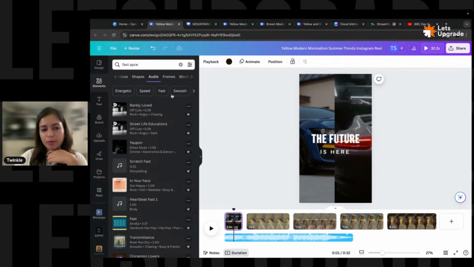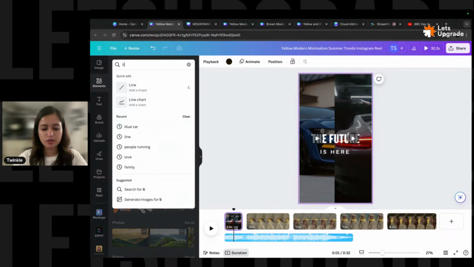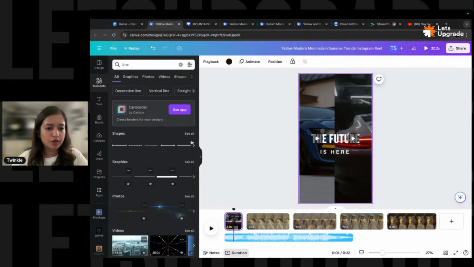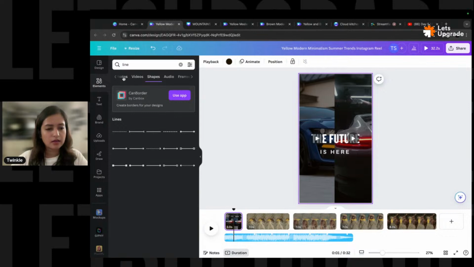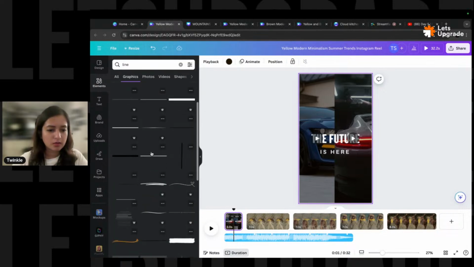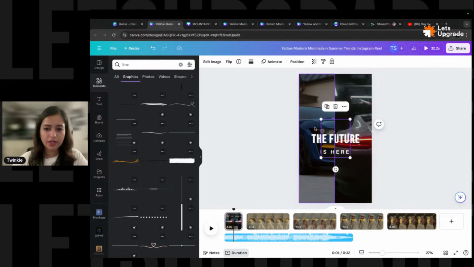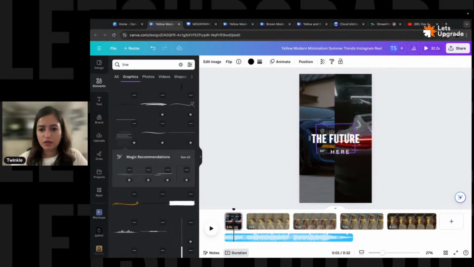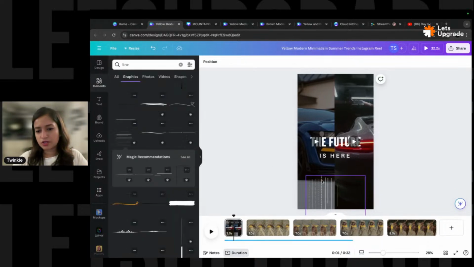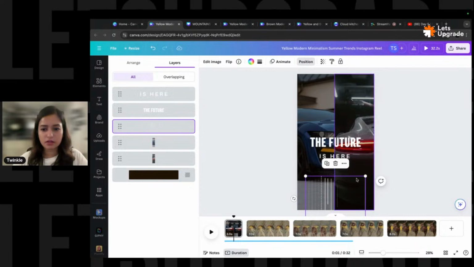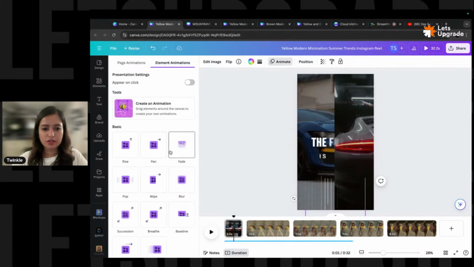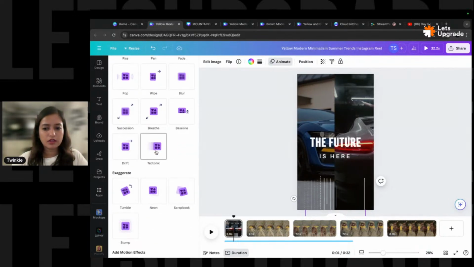I also need some elements to occupy the space. So I'm just going to look for lines again. Go to graphics, see what kind of lines are available for me over here. Need to rotate it, move it here to occupy some of the space. This is centrally aligned now. Going to change the color, opening my layers panel and animate. Okay, they are moving, but